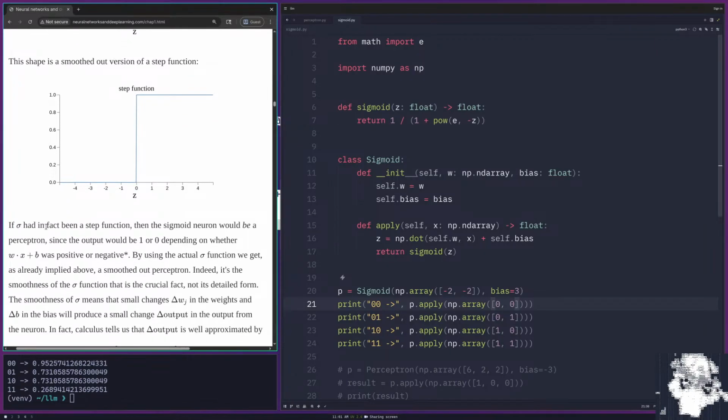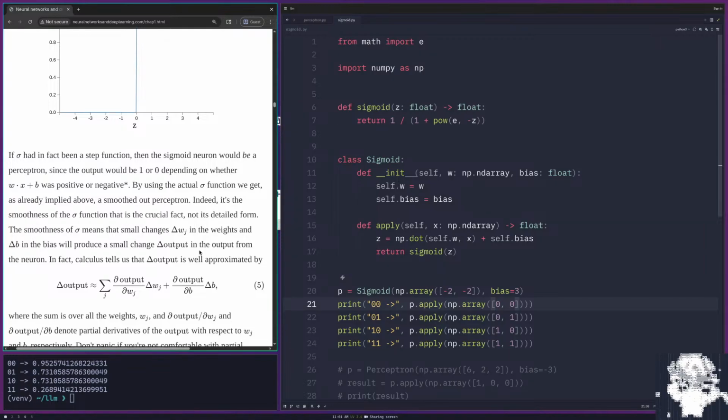If sigmoid had in fact been a step function, then the sigmoid neuron would be a perceptron, since the output would be 1 or 0 depending on whether w dot x plus b was positive or negative. By using the actual sigmoid function, we get, as already implied above, a smoothed out perceptron. Indeed, it's the smoothness of the sigmoid function that is the crucial fact, not its detailed form. The smoothness of sigmoid means that small changes delta wj in the weights and delta b in the bias will produce a small change delta output in the